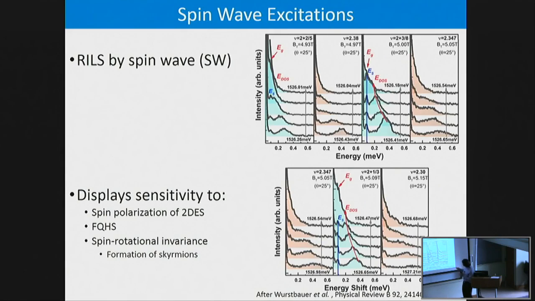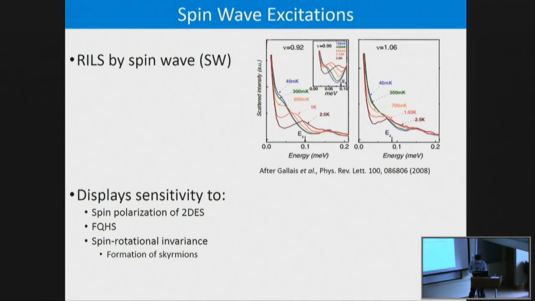But here, at the fractional quantum Hall states, you have the incompressibility. The incompressibility results in a well-defined spin mode at these fractional quantum Hall states, shown here. And just to show, as we move away from odd integer filling factors, we can see the softening of the spin wave mode, which we attribute oftentimes to the breaking of spin rotational invariance and possibly the formation of spin textures,